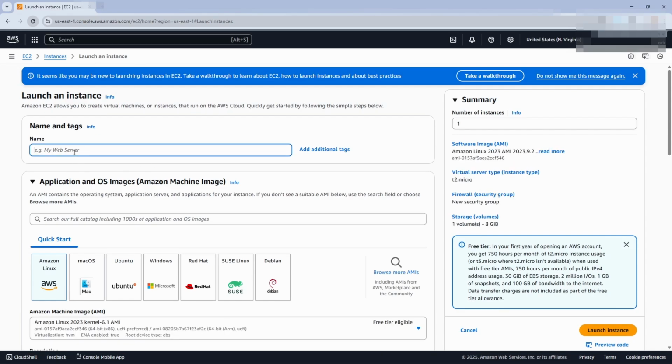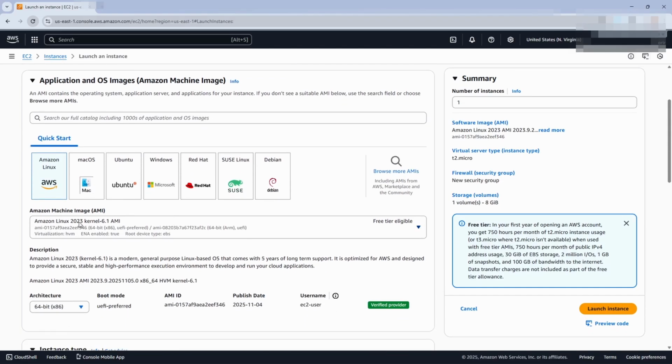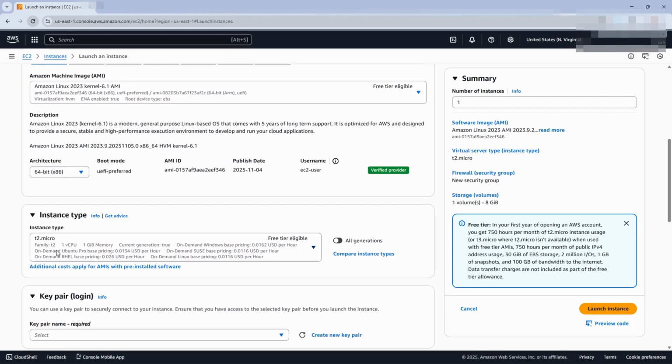So we'll give our instance a name, which will be web server AZ1. Then we will pick this AMI,